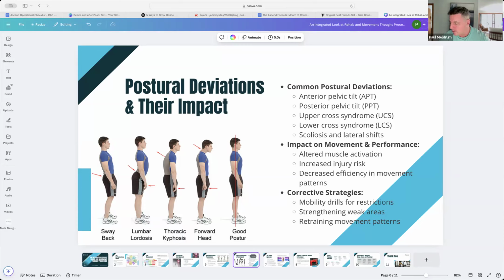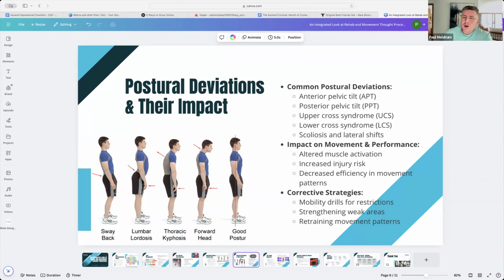Okay, so if I have a client come to me and they've got really bad upper back posture and I do something to improve that and they feel better, that means postural deviation is important for that client. Very, very simple. If a client has poor posture and has pain, and we do something to change that and it doesn't change their pain, it simply means it doesn't matter for that client. That's totally okay. The reason why we have all these tools is so we can move from one thing to the next and rule stuff out.